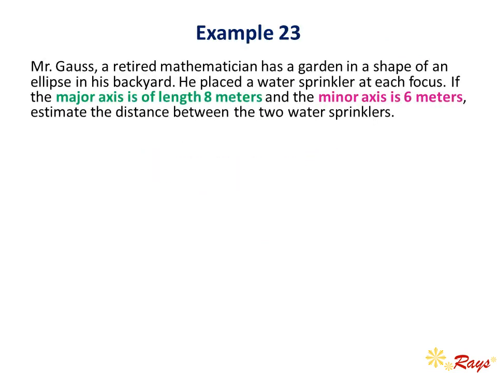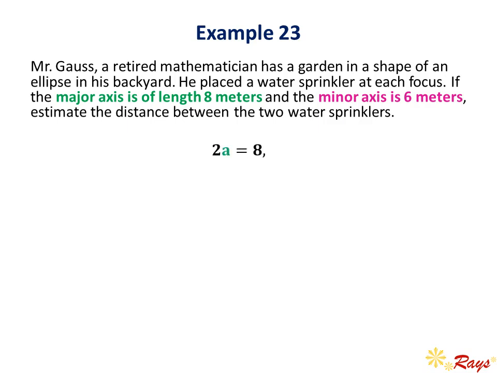Example 23. Mr. Gauss, a retired mathematician, has a garden in the shape of an ellipse in his backyard. He placed a water sprinkler at each focus. If the major axis is of length 8 meters and the minor axis is 6 meters, estimate the distance between the two water sprinklers. So we are given length of major axis 8 meters, and we know that the formula